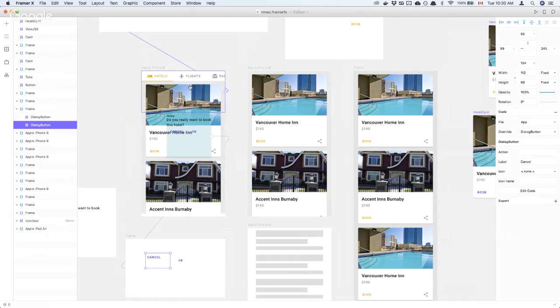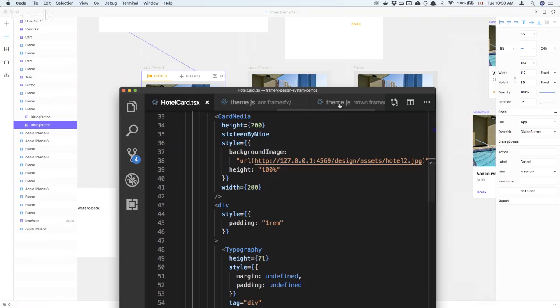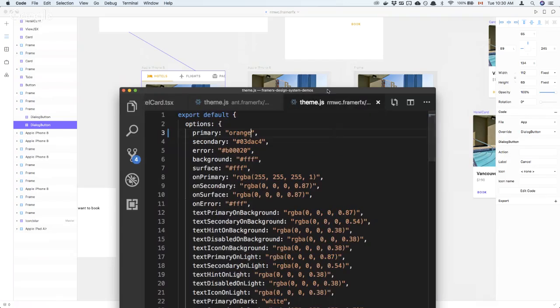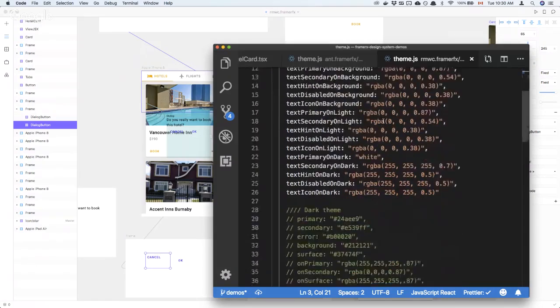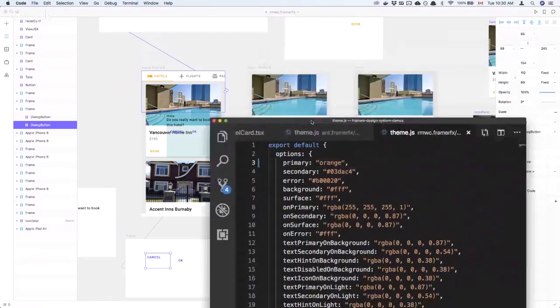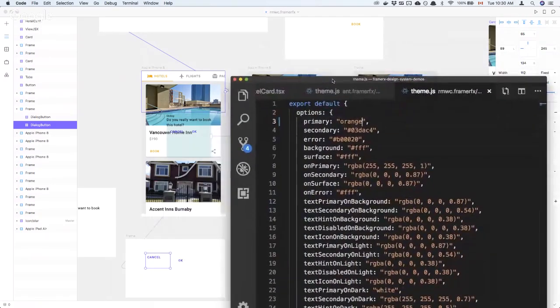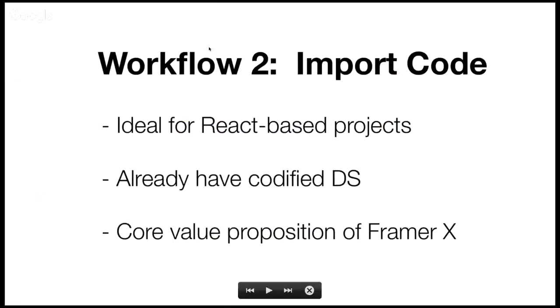I'm just trying to recap what I've just shown you: you can put all the styles, themes or design tokens in one file so that it will be super easy to tweak the themes. Right. So if we go back to the slide,